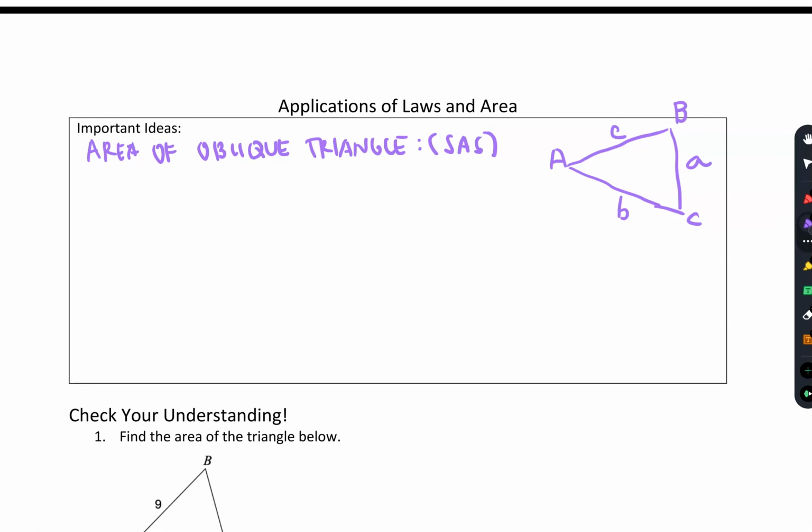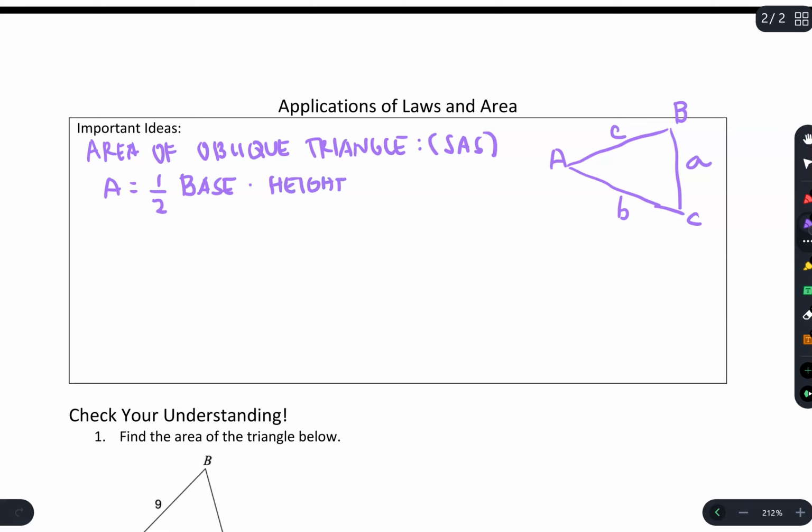Okay, so the area is going to be 1/2 base times your height. And your height is going to be given in the ratio of a side times sine of an angle. Okay. All right. So